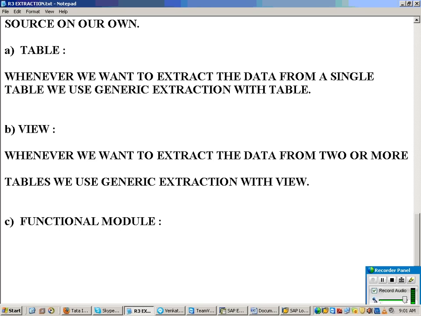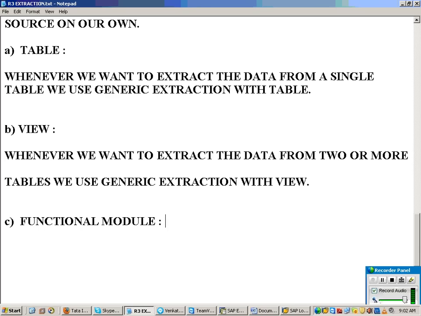Suppose I want to write a program of 1000 lines, and let us say it takes 10 hours. If I assign it to one person, it takes 10 hours. Instead, let us say I divide it into two modules of 500 lines each, assign them to two persons, and after that I integrate them. So the time is reduced. In ABAP also you have modularization techniques, like subroutines, and then you have something called function modules.